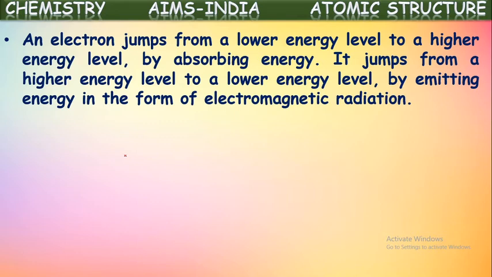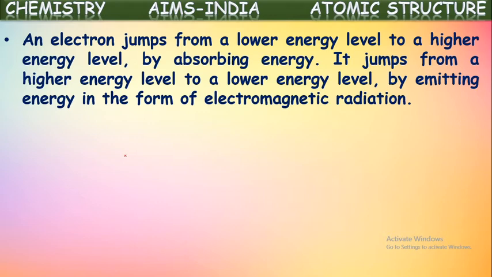These two will be occurring in the form of electromagnetic radiation. As we told, whenever an electron is revolving in a particular orbit, its energy will be fixed. It won't gain energy, it won't lose energy. When it jumps from one orbit to another orbit, energy changes occur. Suppose an electron is jumping from a lower orbit to a higher orbit, then it absorbs some energy. If it jumps from higher orbits to lower orbits, then it emits a certain amount of energy in the form of